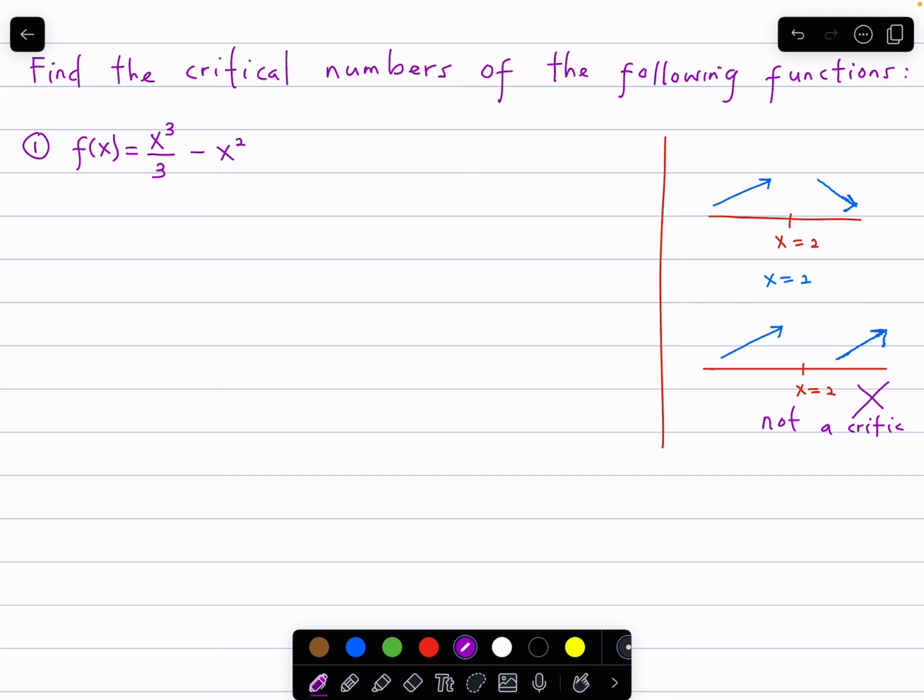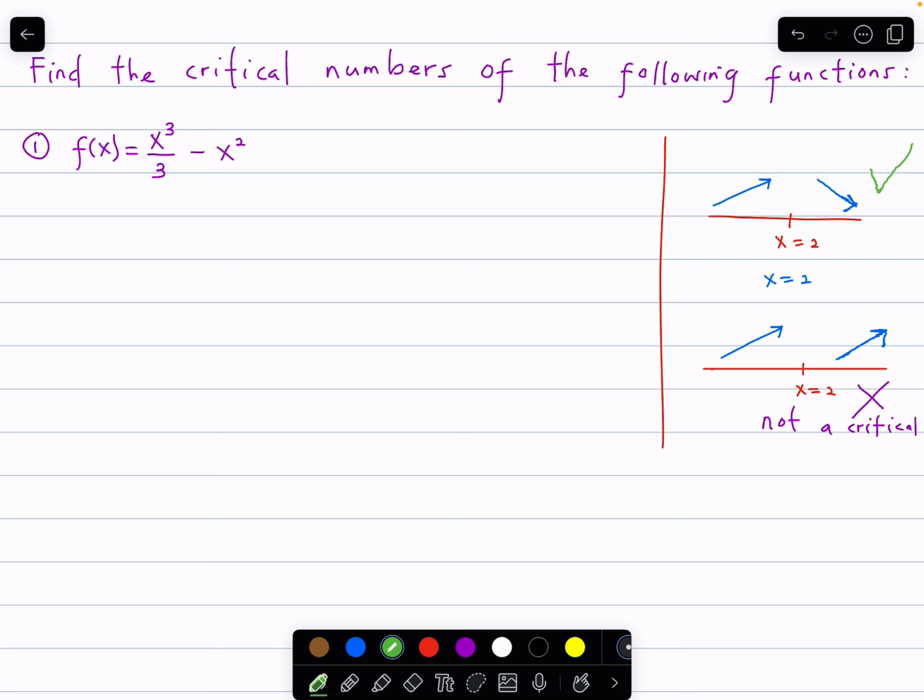So at a critical number, the function is changing from increasing to decreasing, or from decreasing to increasing, just like the way we have in this first illustration. So that's the idea about a critical number. At that x value, the function is changing from either increasing to decreasing or from decreasing to increasing. Okay, so now let's find the critical number for this function, f of x equals x cubed over 3